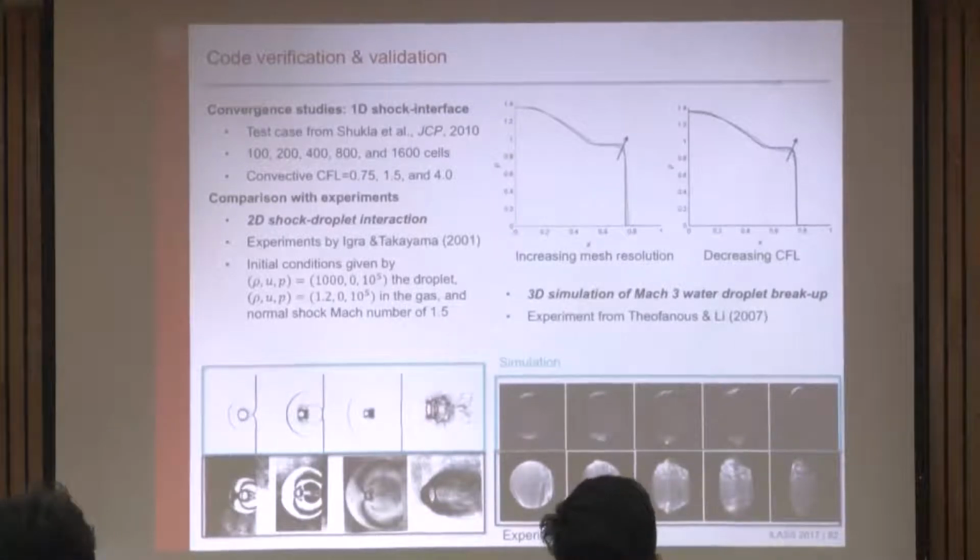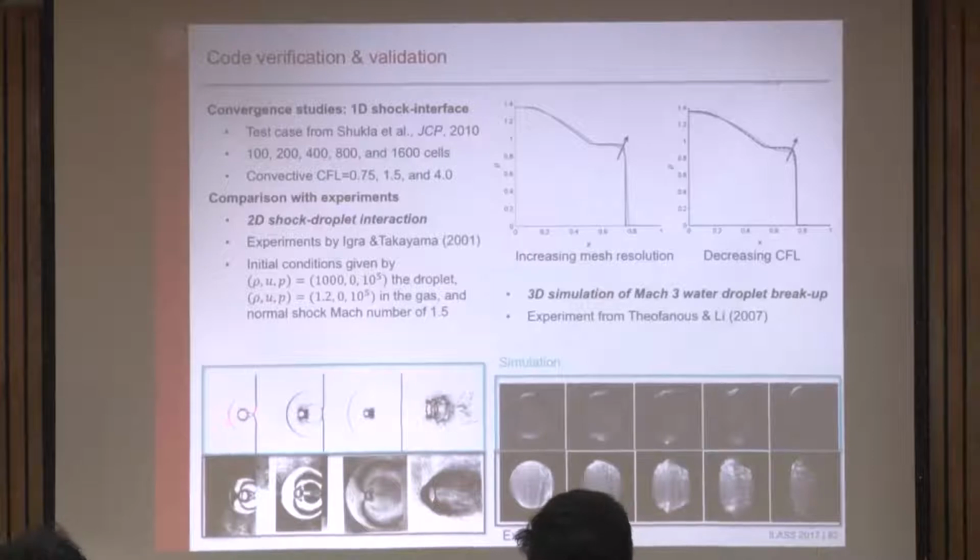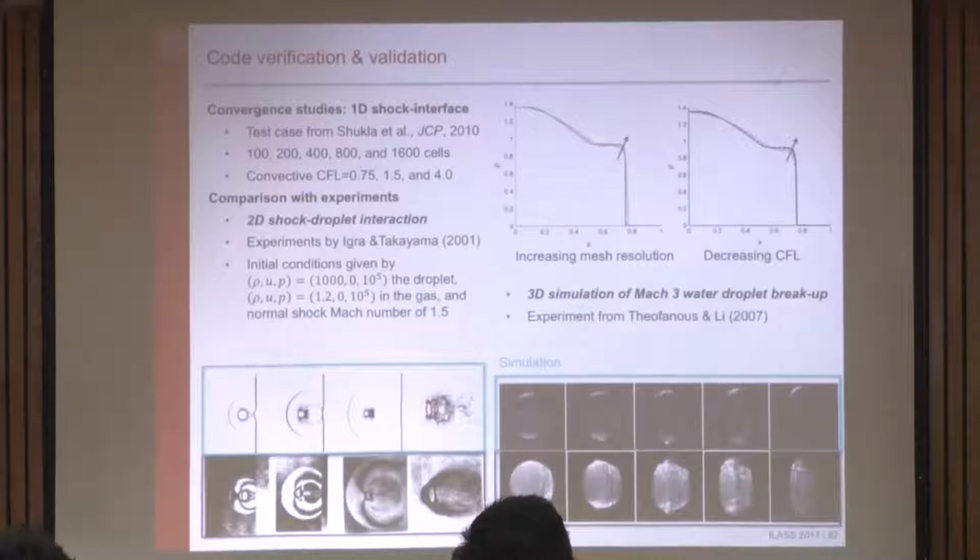A couple of test cases to show you. We threw a shock at the drop in the liquid column in 2D. I don't know if you can really see this. Down there, those are the experiments by Igra and Takayama from 15 years ago, a little more than that. So this is an experimental Schlieren, and we have a corresponding computational Schlieren with the little drop here in the middle. So this is a shock wave hitting a liquid column and then reflecting, and then later on the